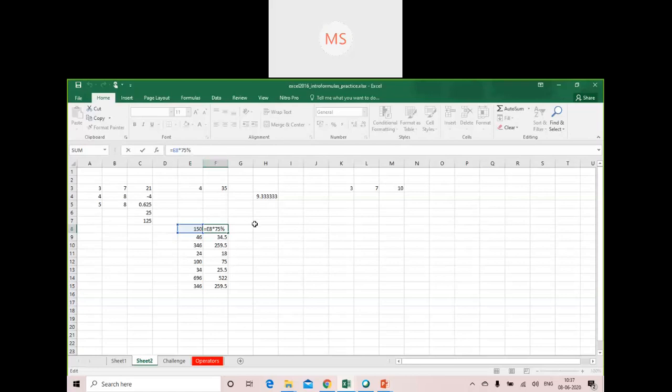Okay, now instead of this formula, if you want some other way of calculating your percentage, what you can do, you can select this, then multiply by, instead of 75%, you can make it 0.75. Okay, the value will be the same. So both the formulas, in the way they are looking, are different, but the way they are implemented is the same. So you can use it in any way, the way you want.